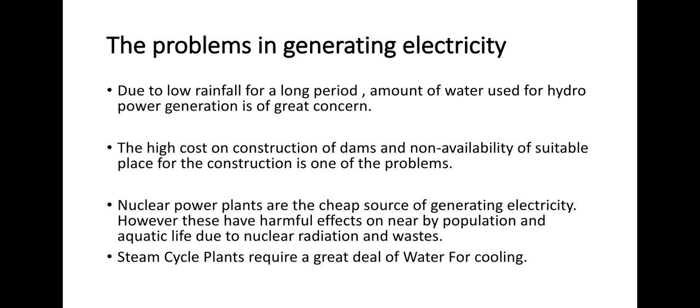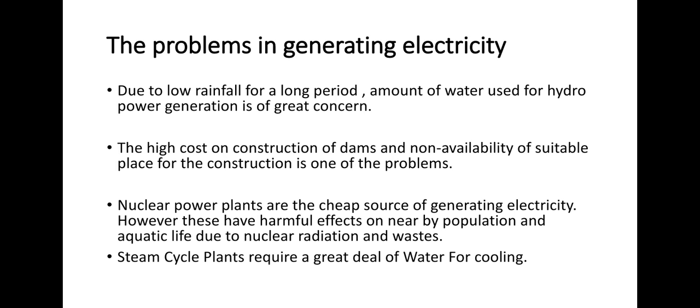The next problem is that nuclear power plants are a cheap source of generating electricity. However, these have harmful effects on the nearby population and aquatic life due to nuclear radiations and waste. Nuclear power is very essential and important in our daily life for the generation of electricity. It is one of the cheapest sources, but along with its advantage, it has the disadvantage that it has many harmful effects on the nearby places at which the nuclear power plants are present. So it has harmful effects on the population and also on aquatic life because they emit nuclear radiations